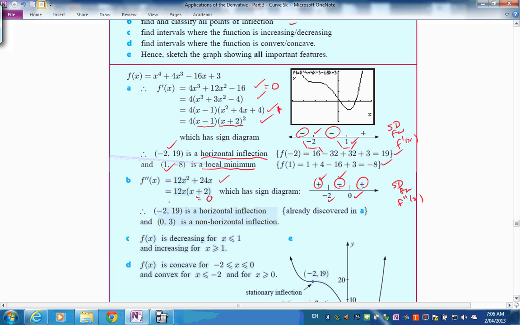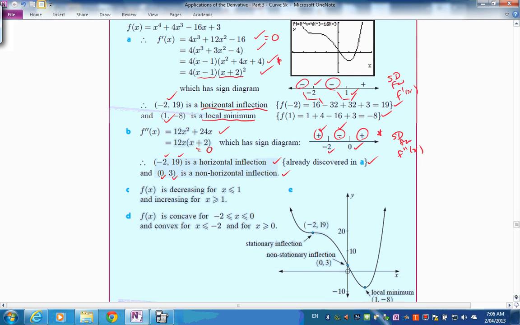we're subbing these in again. Negative 2, 19, we've got that before. 0, 3 is a non-horizontal point of inflection. So it changes sign at both, so they are points of inflection. One is horizontal because from before the derivative was 0 back at the beginning there, and the other is a non-horizontal inflection. Okay, so let's have a look at